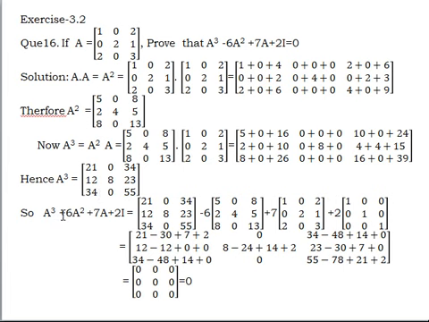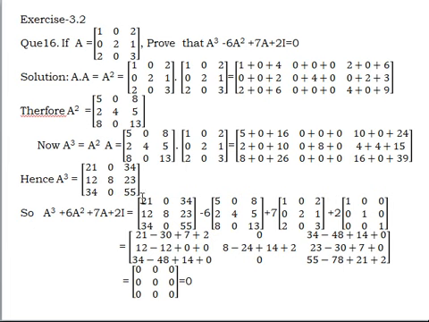So now the value of the expression A cube plus 6A square plus 7A plus 2I. Here we have written the value of A square, then 6 times A square, plus 7 times A, and plus 2 times the unit matrix. Now here, one thing to remember: if A is a second order matrix, then you have to take I as the second order identity matrix. Here A is a third order square matrix, so we take I as the third order identity matrix, that is 1 0 0, 0 1 0, and 0 0 1.